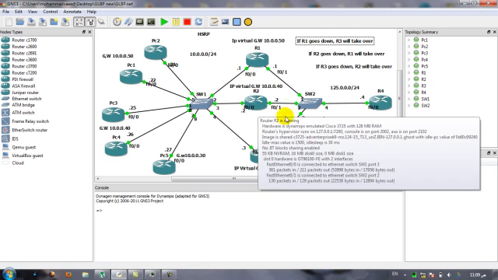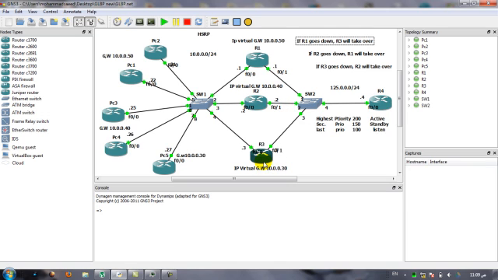100. And the priority of group 1 in router 3 will be 150, because I want router 3 to be the backup or the standby of router 1. So I want to use the second highest priority here for this router. So this is the first condition, and the second condition is if router 2 goes